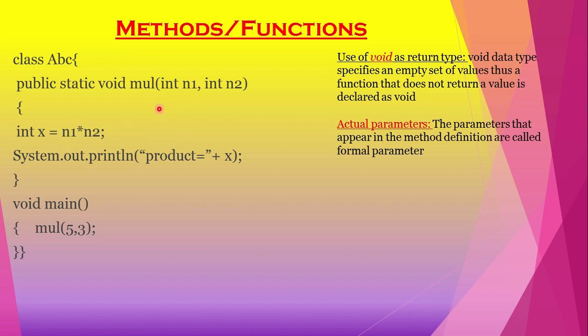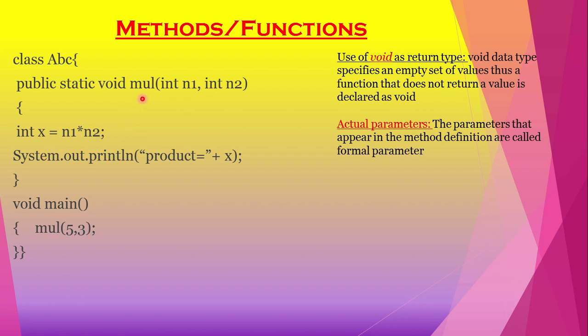Look here, this is the function and it receives two integer arguments and we are multiplying them here, and since the function is not returning any value, the values are printed over here. Now in void main, I am calling this function. What is my function name? MUL. So I am directly calling this. MUL, see, two arguments are there, those two arguments you need to supply.